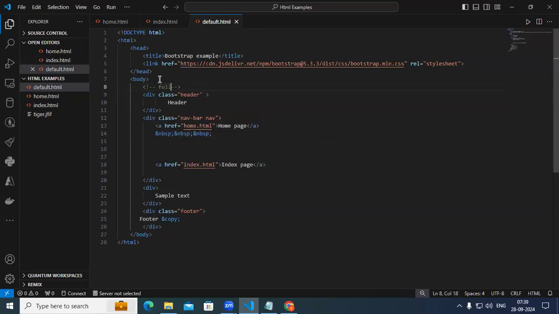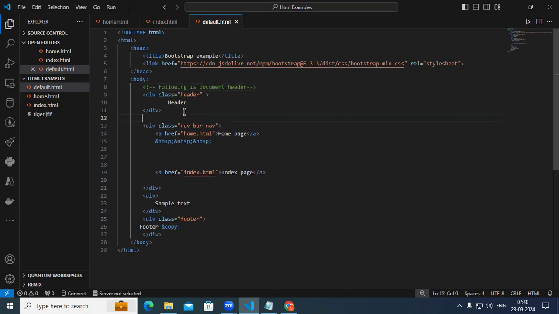Following is document header. This is called an HTML comment. This is called an HTML comment. Similarly, I can go here and type another comment. Following is,